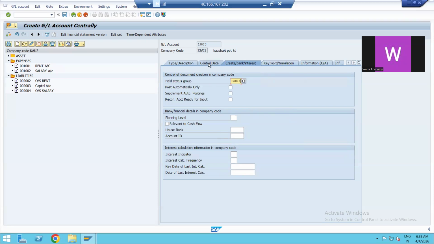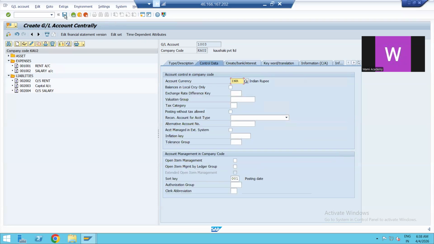So all this information we have mentioned, and then we can click on the save button. So your ledger creation will be done. So this one we have done, the